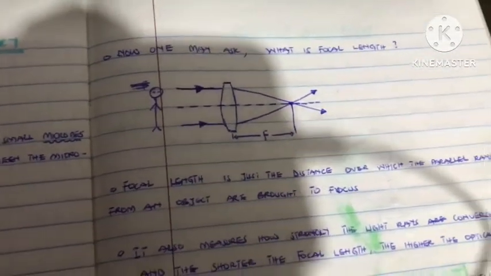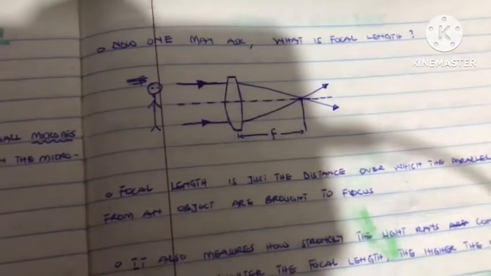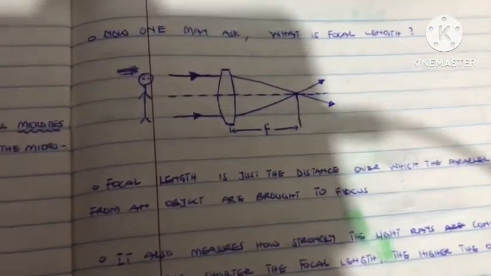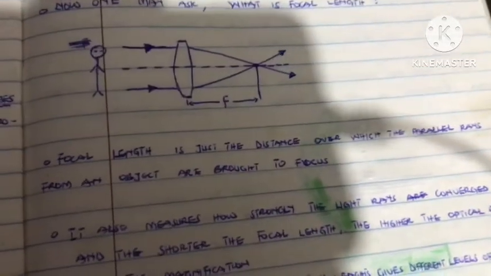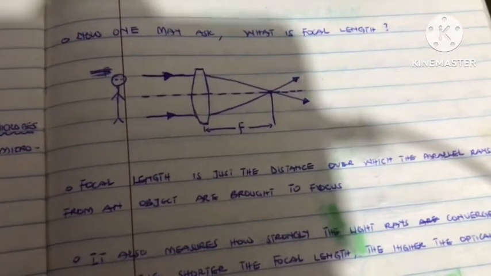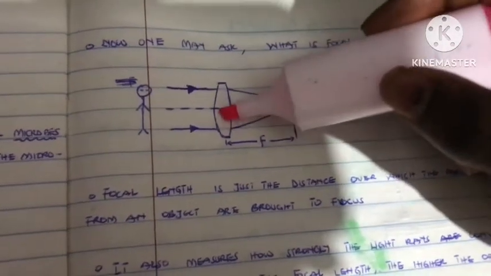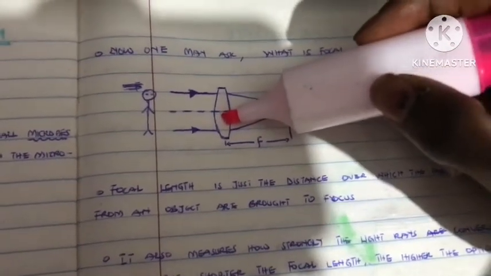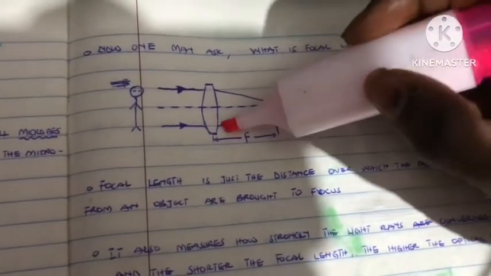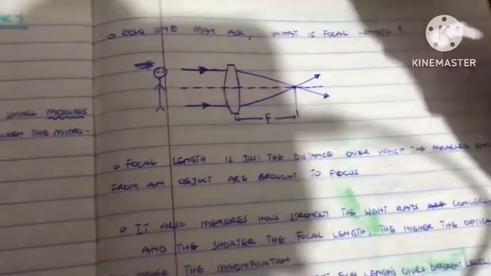This focal length determines whether the magnification is higher or lower. Why am I saying this? The shorter the focal length, the higher the magnification. Because if the focal length is very short, it means that the optical power of this lens is very strong, and that's why it was able to bring the light rays into sharp focus at a short distance, and that gives